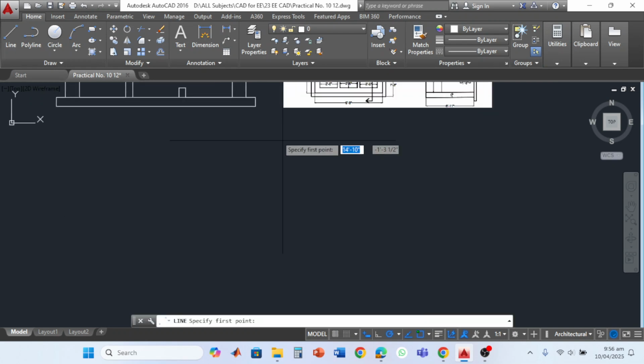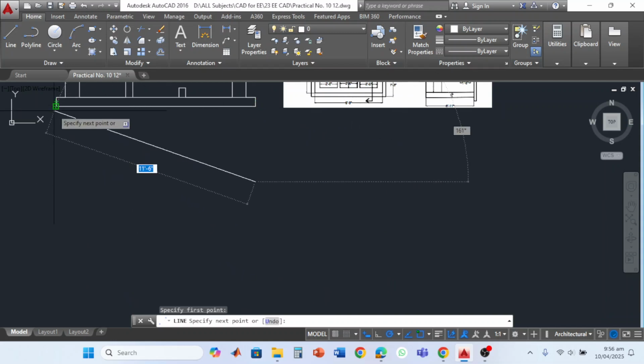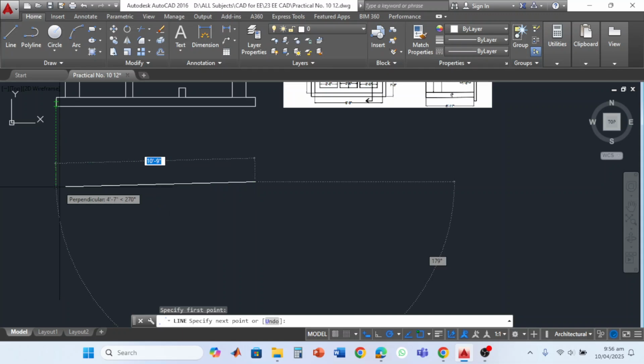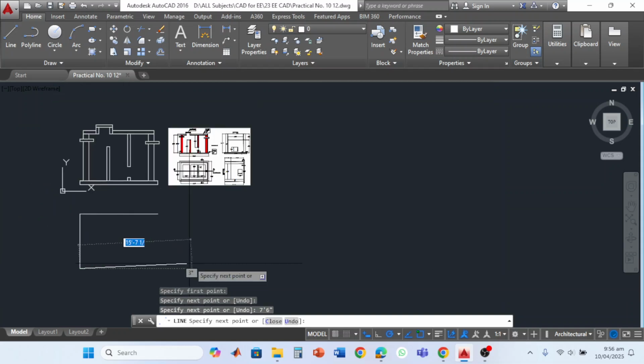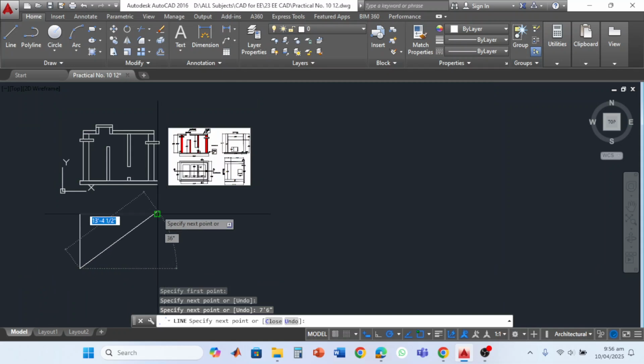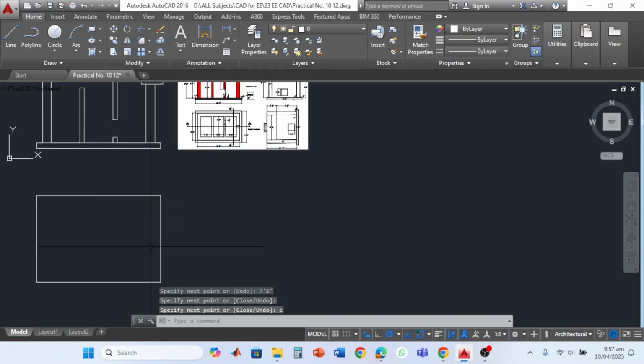So we select a line, click on the first line, move up to this last. Then overall dimension is 7 feet and 6 inches. Towards the left, press the last point, use the Control C. So the base is created. Now I can join this base,